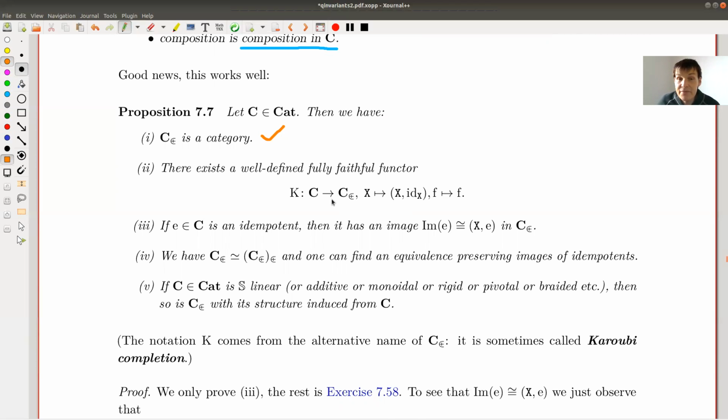The category itself is actually a subcategory. So there exists a fully faithful functor, and it's very silly. It takes every object and sends it to the trivial coloring of the object. So you always have the trivial idempotent, the identity, and you can always color everything with the trivial idempotent. Okay, that's already not too bad. That was the same for the other envelopes as well, right? So this is good.